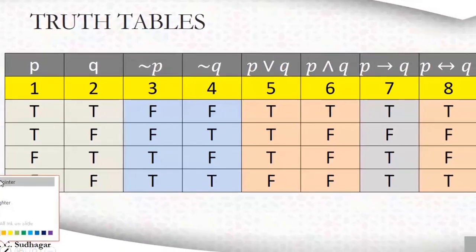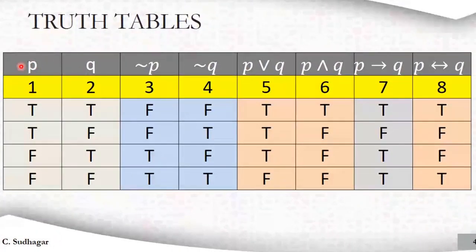Now, based on this, what are the truth tables? Suppose P and Q are true, what will be the truth value of negation of P? What will be the truth value of negation of Q? P, R, Q, P and Q. Okay, so these are the three basic operators, R and negation. Then these two are called the conditional operators. This is conditional, one way, and this is biconditional, two way. Now let us see them and try to understand them.